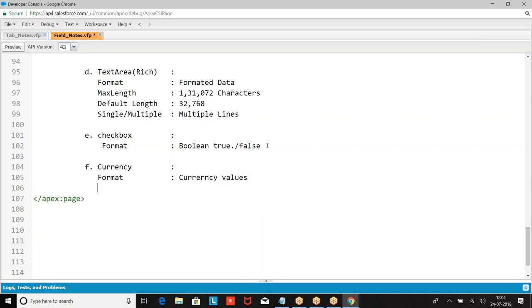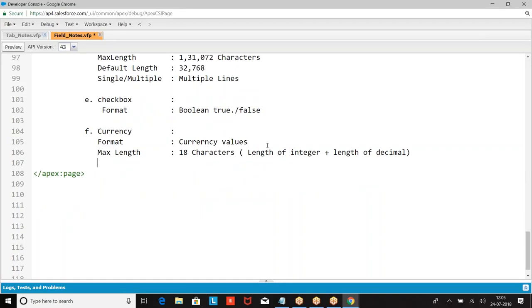Then max length, 18 characters. Length of integer plus length of decimal both together 18 characters.